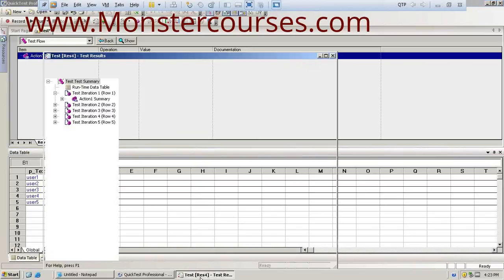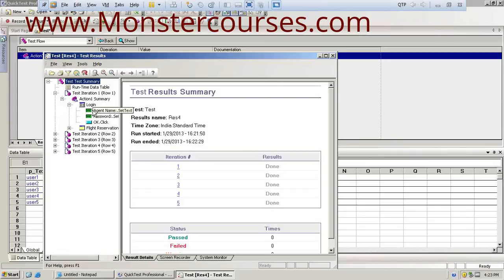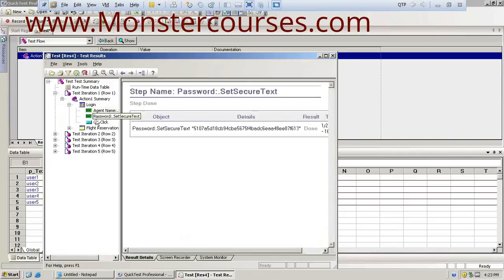But if I put in a different password and then run the script, it throws an error. We have a concept called exception handling. As it will not accept a password other than Mercury, let's say I'm trying to enter a value other than Mercury.